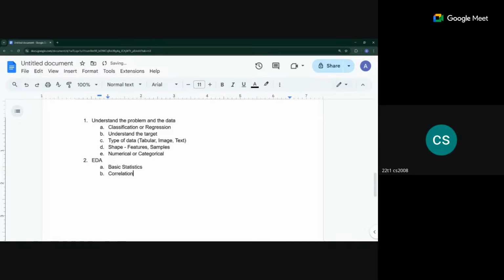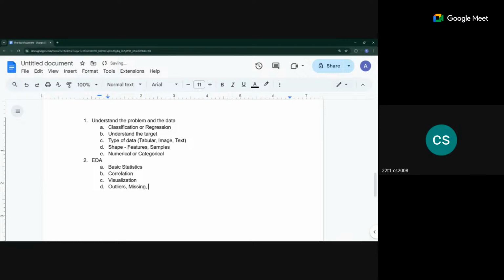Maybe the correlation. The correlation, I think you all did not mention it now, but of course some parts of it did come in some of the things that you all said, but correlation is an important aspect. So it gives a preliminary view as to what are the features that might impact the target or interplay between features, because some of you all suggested dropping features that are similar. So correlation is one of those things that helps with that. Visualization, and here the other thing was check for outliers,